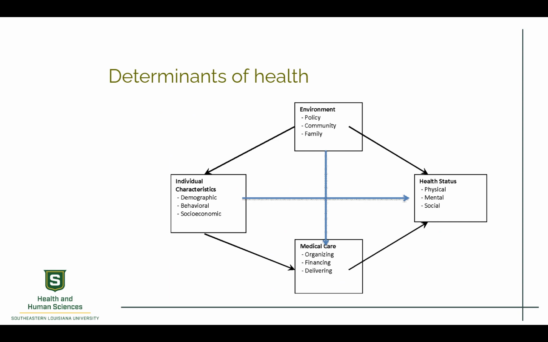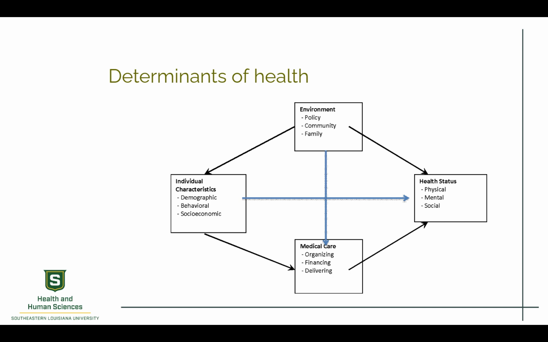So these are the determinants of health. You have the environment. When we talk about environment, we're looking in terms of policy. This is not strictly health policy. It could be looking at different types of policies. It's also looking at communities, looking at the family. With the health status, we're looking at physical, mental, social well-being, and with medical, it looks at organizing healthcare, financing healthcare, delivering healthcare, and in terms of individual characteristics, it is interested in one's demographics, such as age,